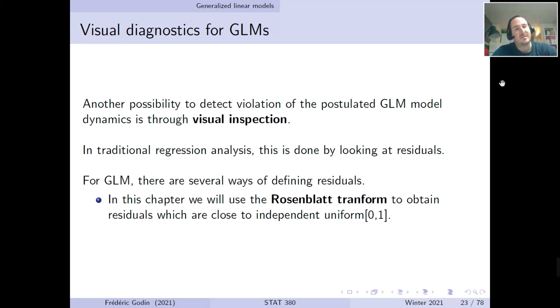So in the previous video, we've established the assumptions of GLM models, which were basically independent response variables given the predictors, a relationship between the expectation of the response and the predictive variables characterized by the inverse of some function g called the link function applied to the linear combination of predictors. And the last one was that all observations were obtained from the exponential family of